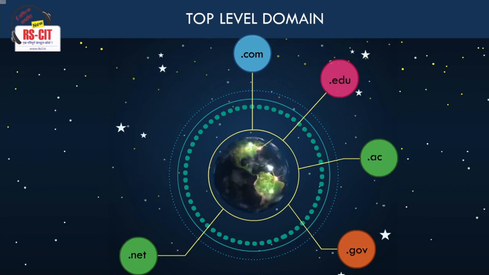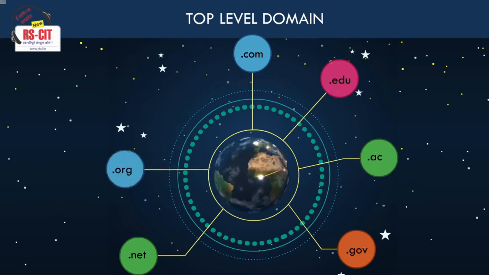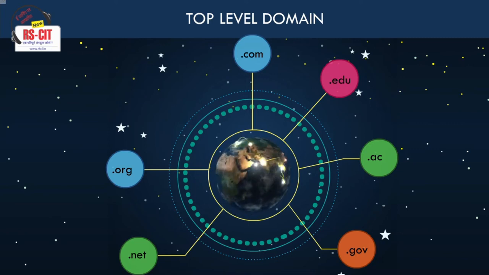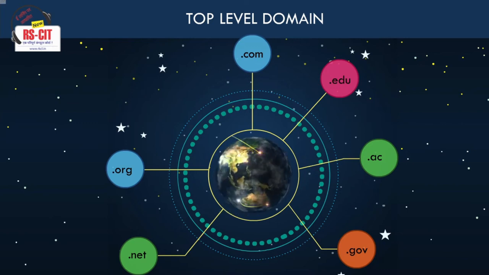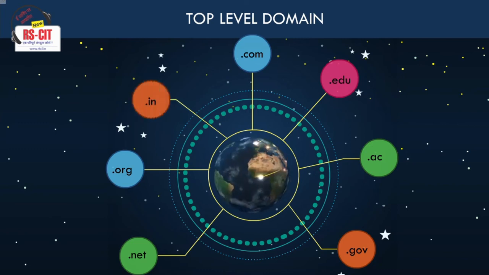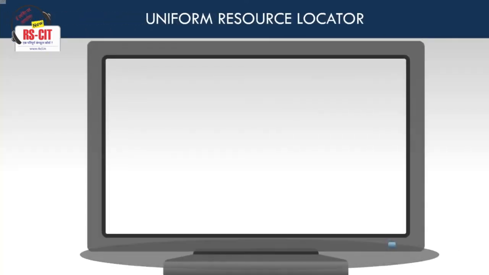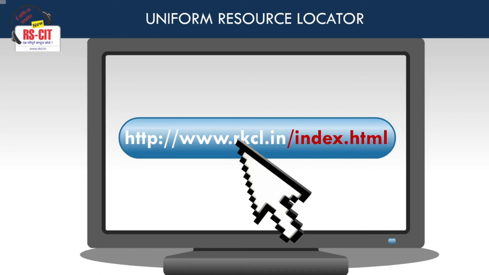Example: www.slideshare.net. Top-level domain .org. Original intended use: non-profit organizations. Example: www.wikipedia.org. Top-level domain .in. Original intended use: available to anyone. Example: www.ebay.in. The next component of a URL is the file path, which is preceded by the slash, that is index.html in this